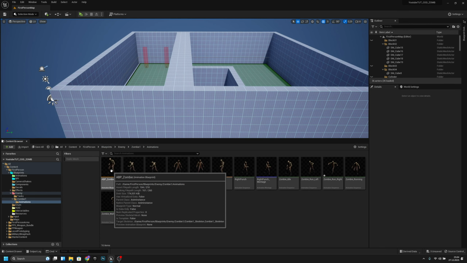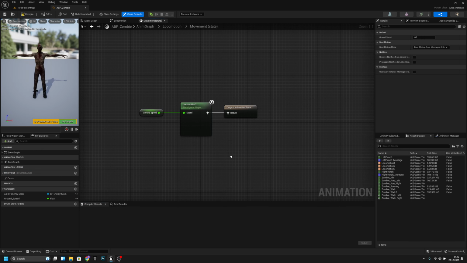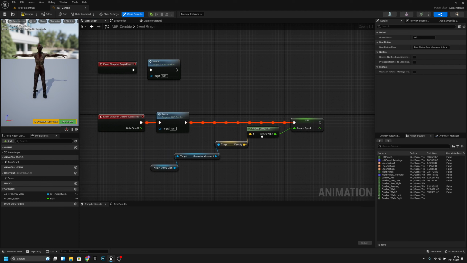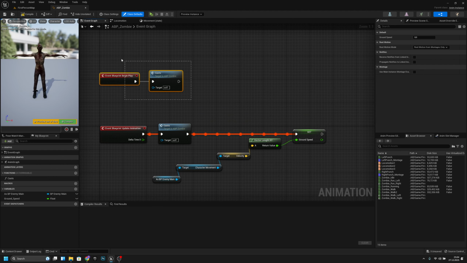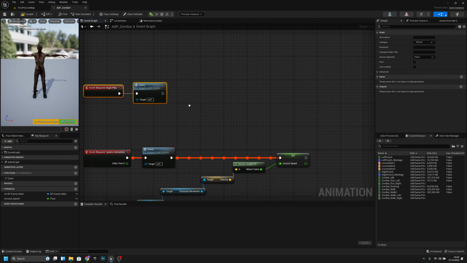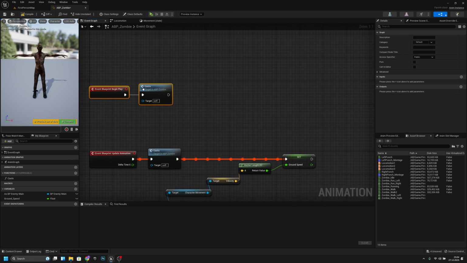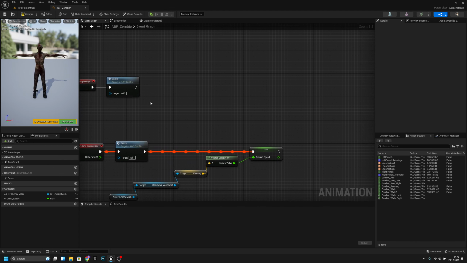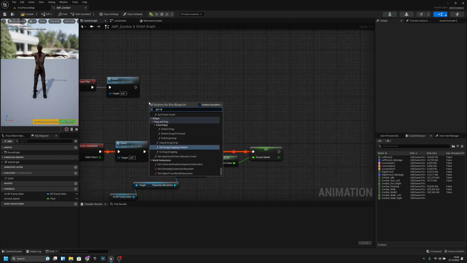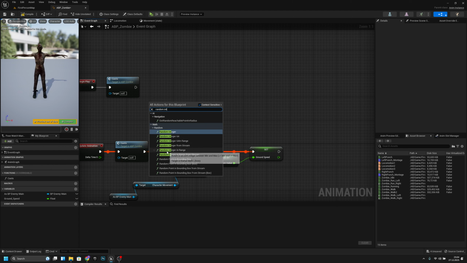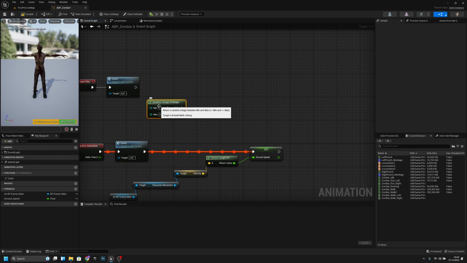Now let's go to the APP zombie. Here we want to first go to the event graph, and at the begin play, let's move it a little bit up. Now we want to get random integer in range, this one. Now we want to set it,